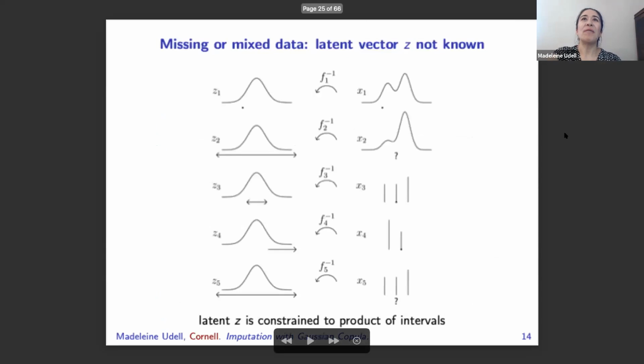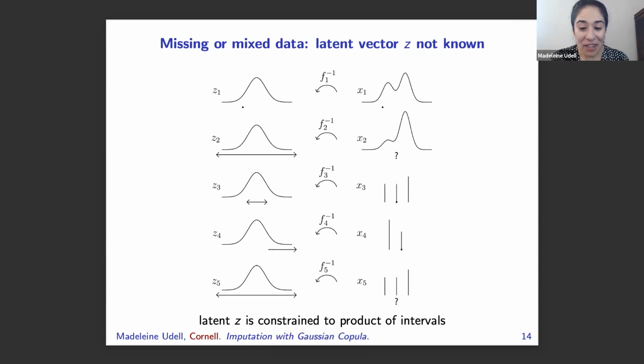Okay. So now let's go to the hard case, which is that there isn't an F inverse. So let's think about what this looks like. Over here on the right column, what I'm plotting is the PDFs of my data. For continuous data, I've got a continuous PDF for the first variable, and a continuous PDF for the second variable. For discrete ordinal data, I have a discrete PDF. There's a point mass on 3 values for a discrete variable with 3 values. For binary data, I've got 2 point masses.